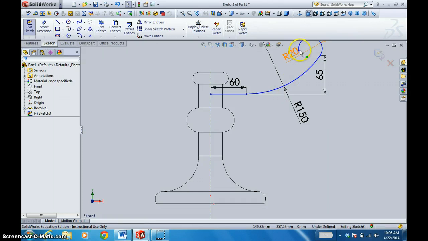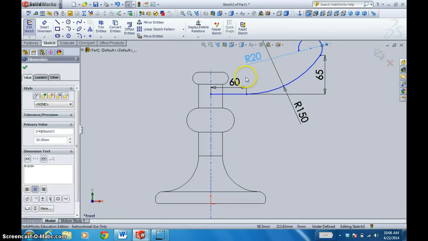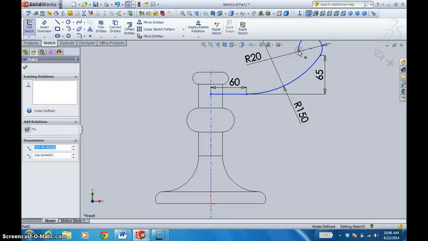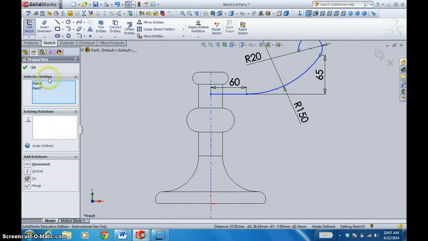I may have to move out of the way. I keep grabbing that radius, so I'm going to move that out of the way so I don't accidentally hit it. Once again, I'll grab the select tool, select the endpoint, and then hold down the control button. And we have another endpoint, so let's click that, and you'll see under the properties here, let's put a horizontal